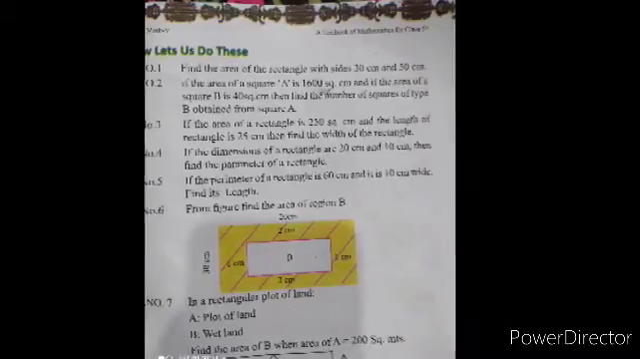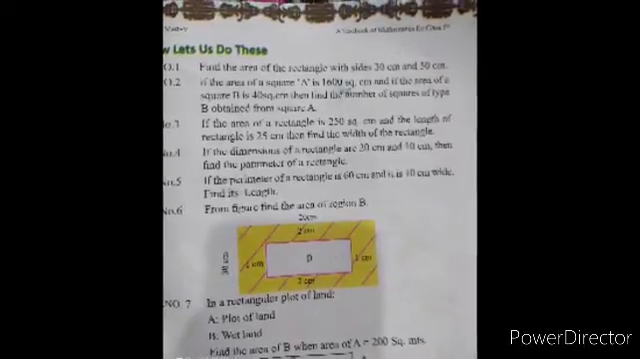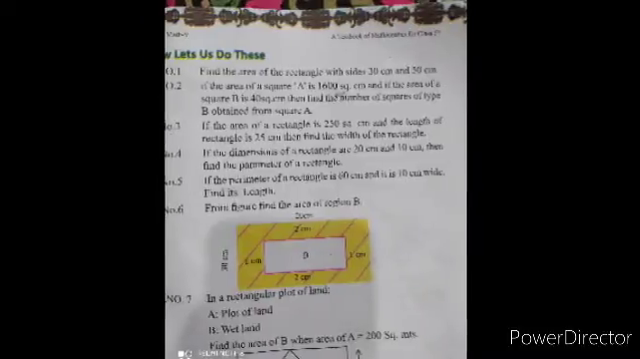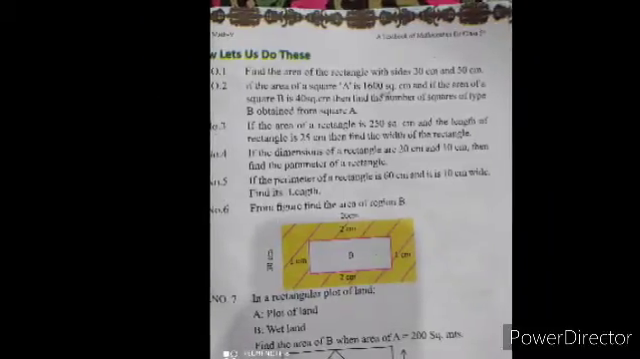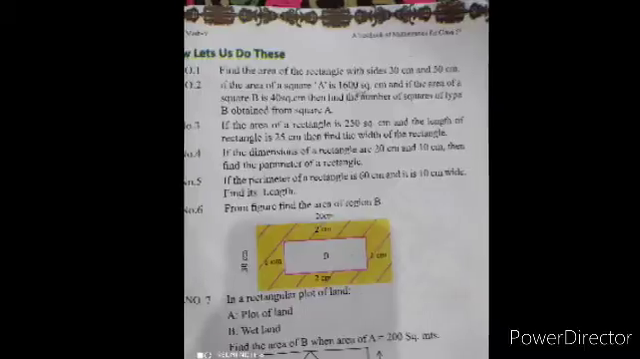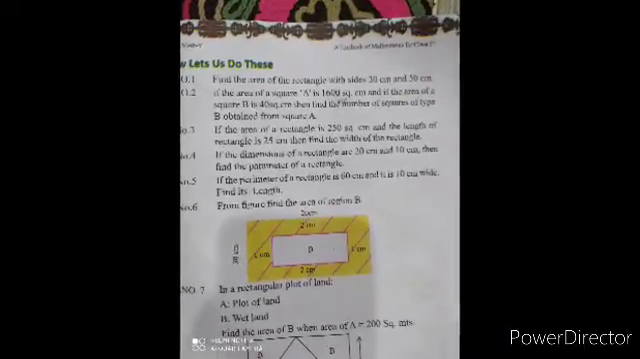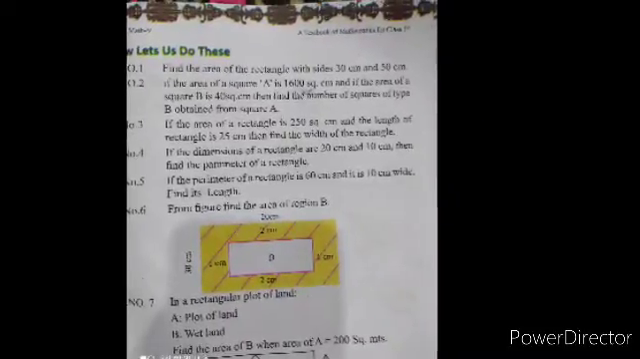Question number 5. If the perimeter of a rectangle is 60 centimeters and it is 10 centimeters wide, if the perimeter of a rectangle is 60 centimeters and its width is 10 centimeters, find the length. Solution: the width of the rectangle